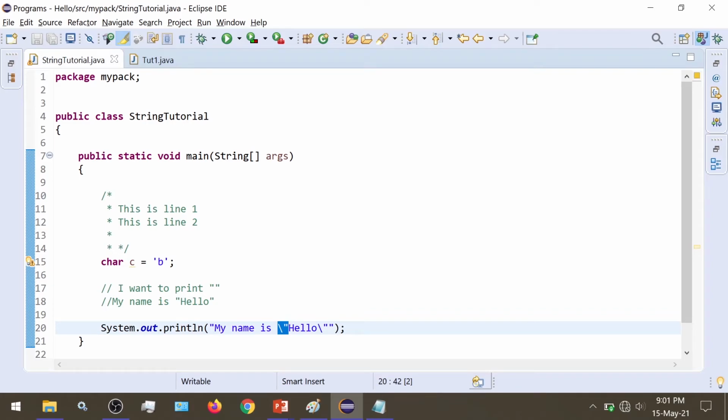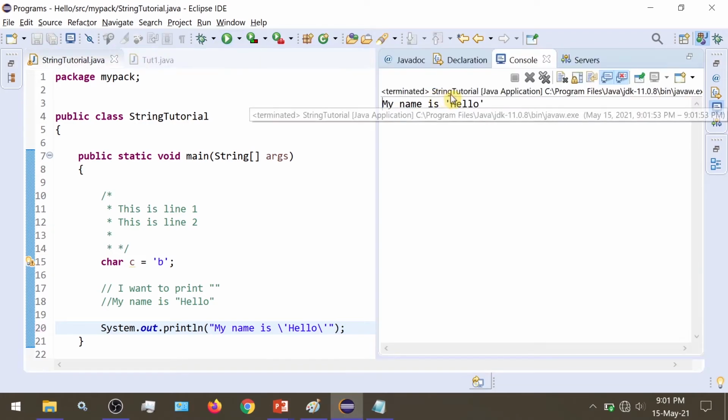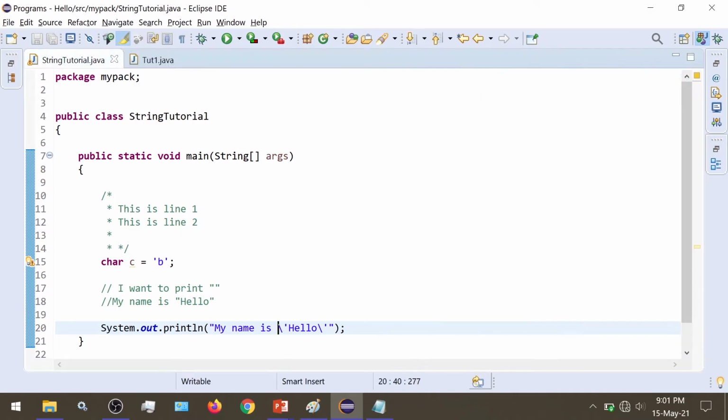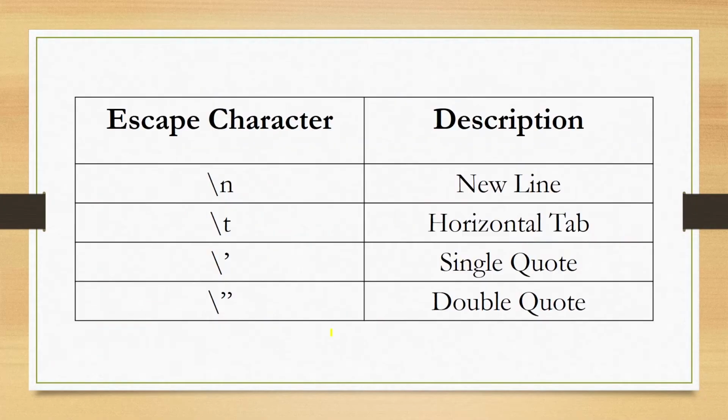Even if you want to print single quotes, we can use this. Here we can print single quotes using the escape character, the backslash. So these are the escape characters: backslash n for new line, backslash t for horizontal tab, backslash single quote for single quote, and backslash double quote for double quotes.